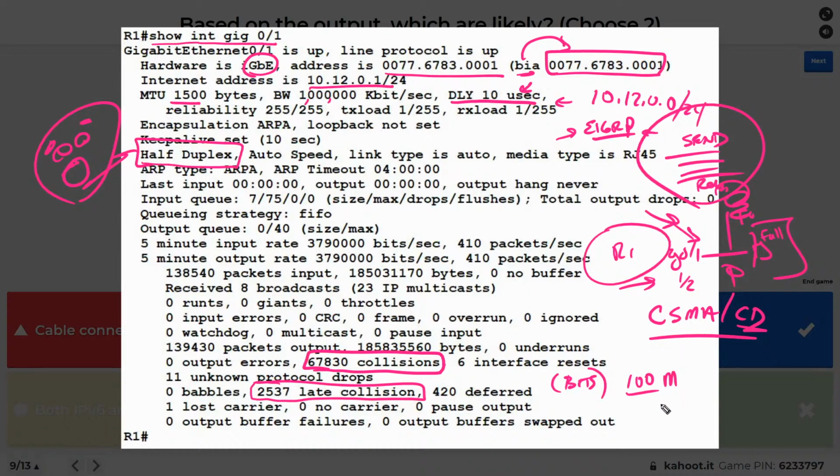Now, could you get over it? Like if you did 110 or 120, could it work? Yeah, probably still would work. But if you get over that length, you're also opening up the possibility for late collisions as well, if you're operating in half duplex. If you're operating full duplex, you should never see collisions. You might see 1 or 2 spurious things, but nothing that's significant.